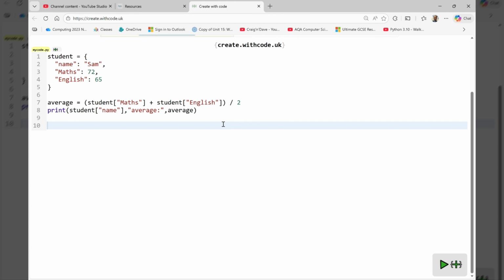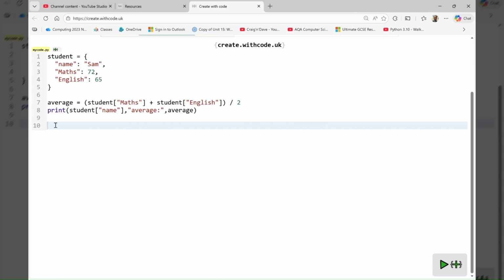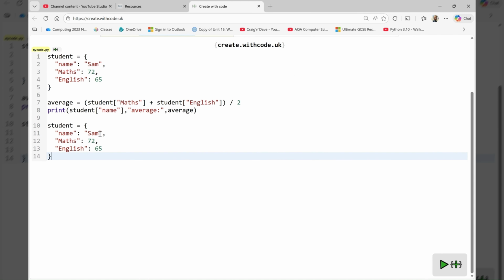And I'm going to create another dictionary using this. I'm just going to copy and paste Sam's dictionary and his scores and just change it. And I'm going to change this to student 2. And I'm going to change Sam's name to Dave. And Dave's not quite as clever as Sam. Dave got 34 in maths and 27 in English. This doesn't really matter. I just want to demonstrate how we can then go and store the students' dictionaries inside